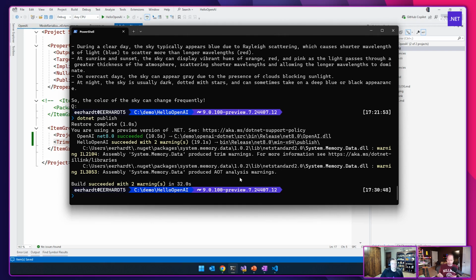When you say trim a root assembly, it's not going to remove OpenAI, but it's also going to tell the analyzers to pay special attention to it. So are you making two statements with one property? I mean, that first statement is the most important. It's saying take this whole assembly and all the public entry points into it are rooted. Like, don't cut those out. They're not going anywhere. Those roots are in the ground.